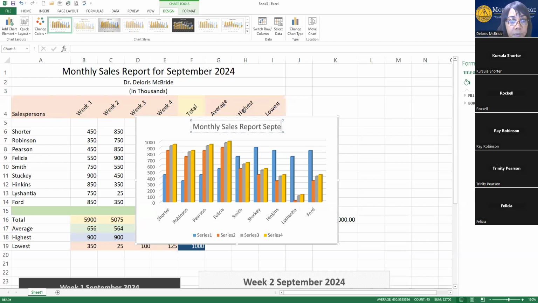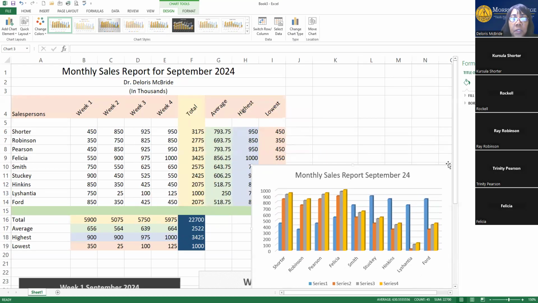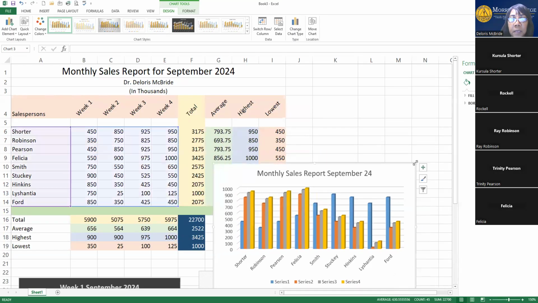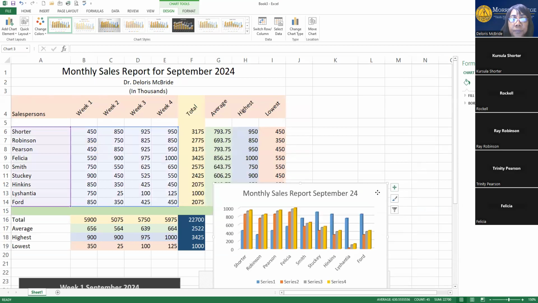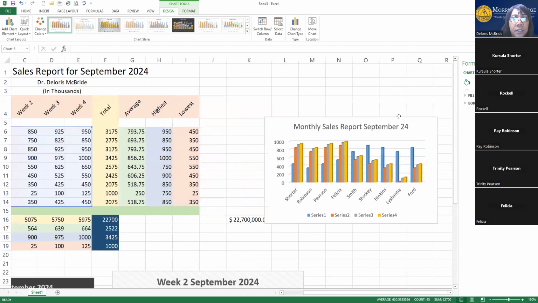And we're gonna say September 24. Now this is at a glance for everyone, so we can see exactly what's happening. All right, so again, that's basically what you need to do with the assignment. Make sure that you merge and center